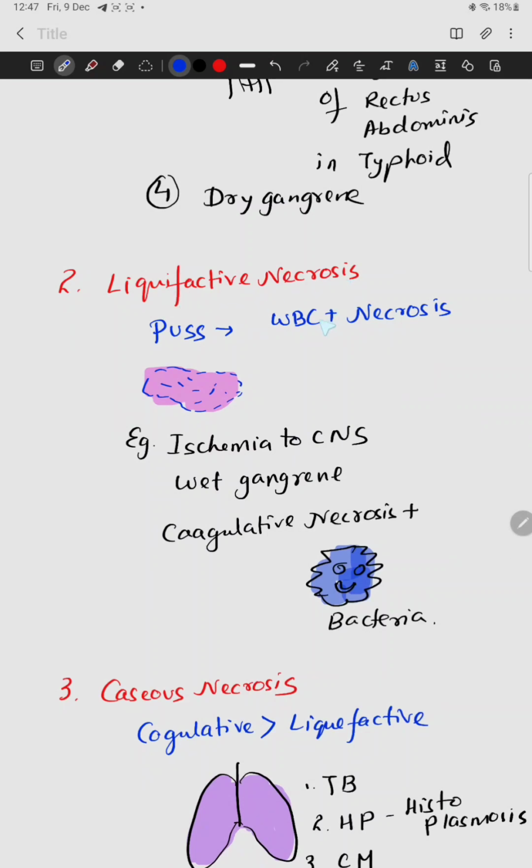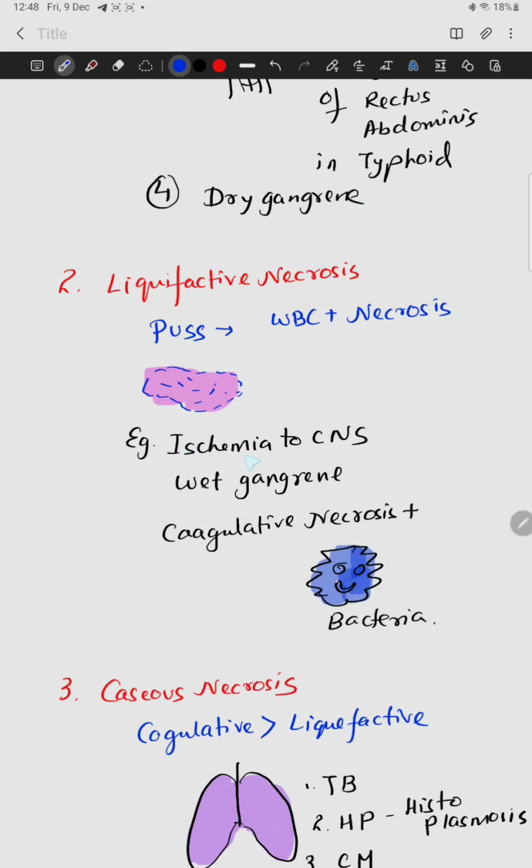And coming to the liquefactive necrosis. In the liquefactive necrosis, everything is liquid, right? All the cells are becoming liquid. That is nothing but your famous yellow thing, disgusting, but anyway, that is pus. That is the liquefactive necrosis. And it is made of the necrotic cells, along with the WBCs, the white cells to kill everyone. The WBCs and the necrotic cells together form the pus.